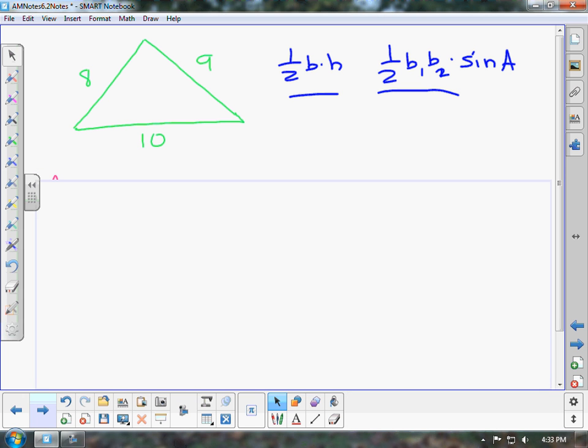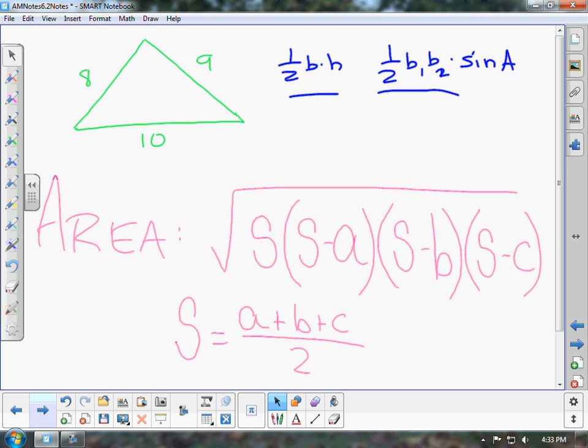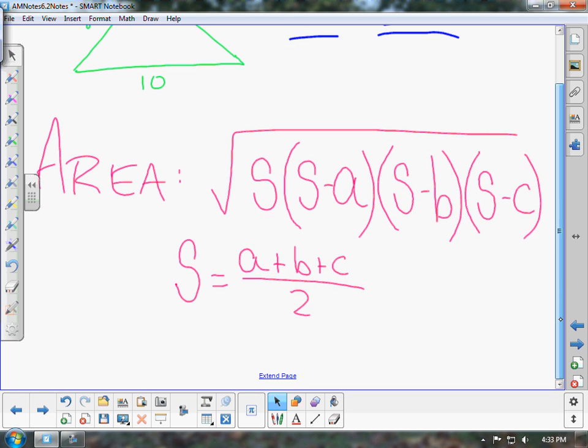And so there's another formula you should know, and it is this one here, where the area of a triangle, if you know all the sides, is the square root of S times S minus A times S minus B times S minus C. And S is equal to all of the sides added up and divided by 2. Similar to almost finding the average, but it's not the average because you only have to divide by 2. So for this problem, the value of S